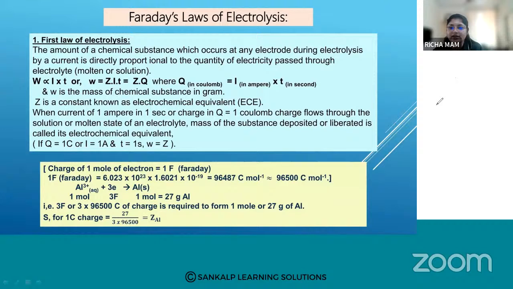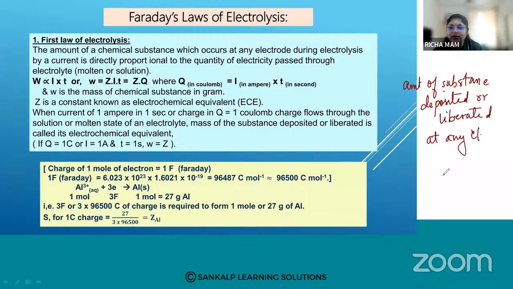The amount of substance starts to get deposited, or liberated, at any electrode. So at the moment you start electrolysis, the reactions at the cathode and anode start. Whatever substance has to be deposited or liberated at any electrode,